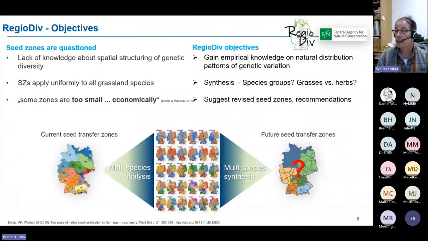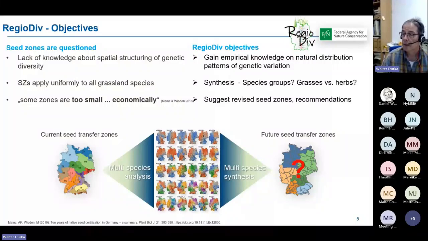So the seed zones in general can be questioned because, as I said, they were defined only based on ecoregions and without any knowledge of adaptation or genetics. And the seed zones apply uniformly to all species. So it's not species specific, but it's a general system. And the seed producers have criticized the system because at least some of the regions are rather small and may make problems economically. So therefore, our project was initiated by the Federal Agency of Nature Conservation with a principal aim